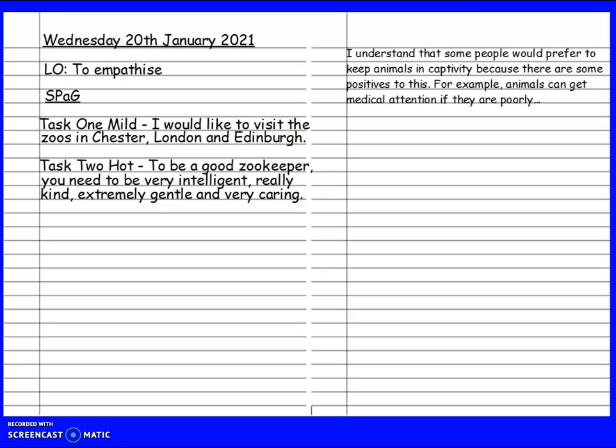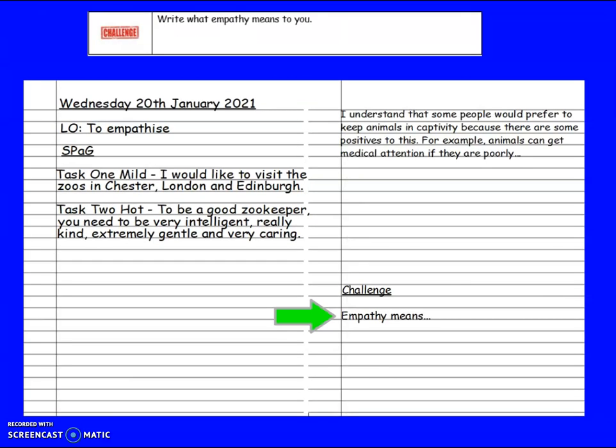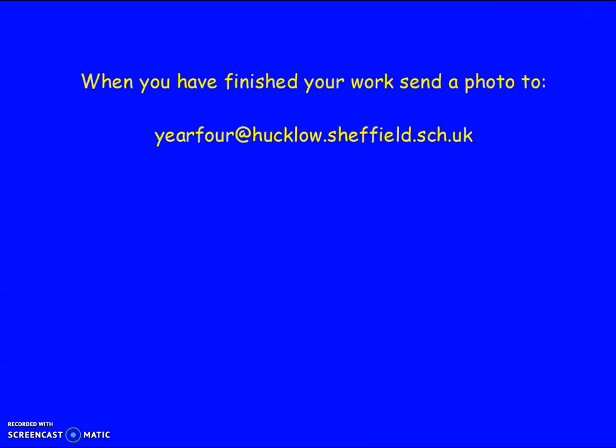So this is just an example of what your book should look like. I'm hoping that lots of you write much more than this. I've just done 4 lines for a quick example, but I'm hoping, especially if you've chosen Spicy or Hot Challenge, that you at least get halfway down the page, if not more. Okay, and when you finish that, there's a challenge for you. So I want you to write down what empathy means to you. So you can miss a line, write challenge, and give me your definition of empathy. What does empathy mean to you? Then send your work